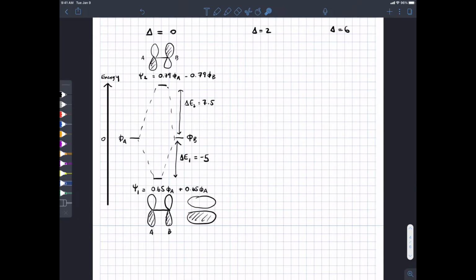Okay, so let's now, we're going to skip case 2. We're going to turn the dial up to 6 instead of 11. Here is phi A, still at 0, but this time we're going to put phi B 6 units down. So 1, 2, 3, 4, 5, 6. So here is phi B, lower in energy than phi A. Okay? So when we mix these two together,